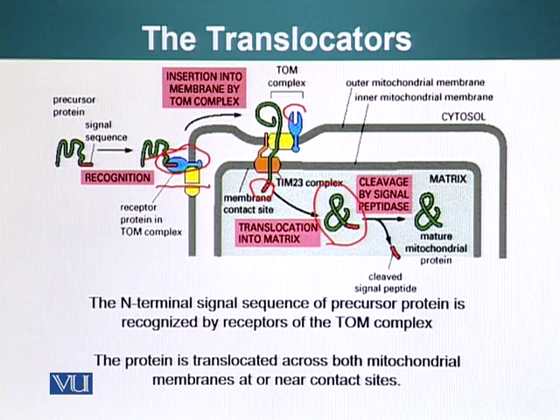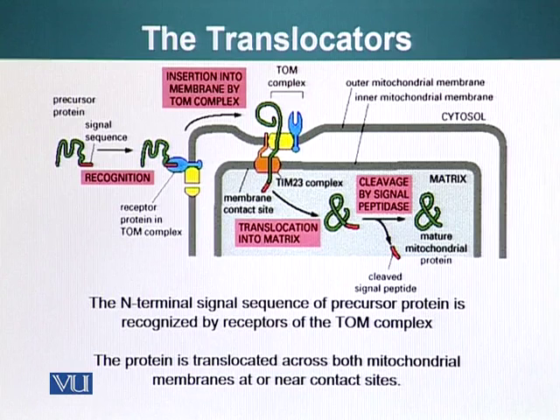And also, after it has folded, the signal sequence is generally cleaved off. So now we have a mature protein in the matrix of mitochondria, and this protein can function, providing necessary help to the mitochondria in performing its function. As you can see in this slide, this is directional transport, and directional transport generally involves